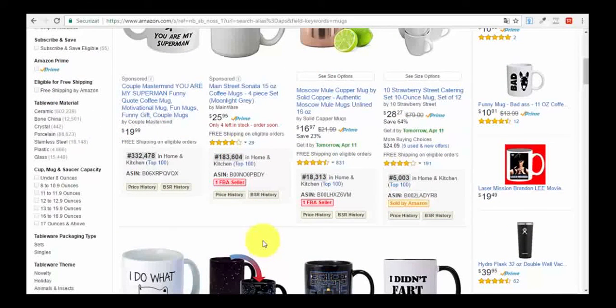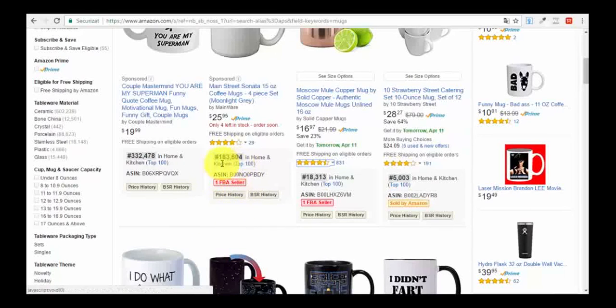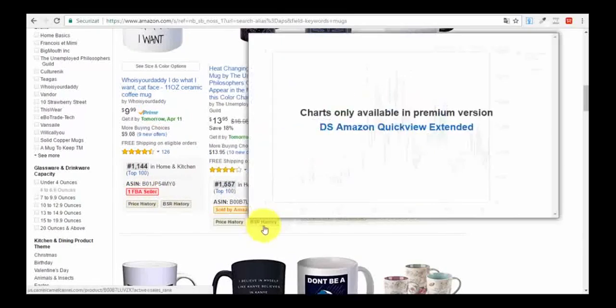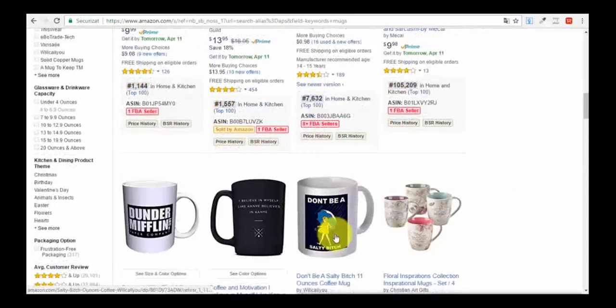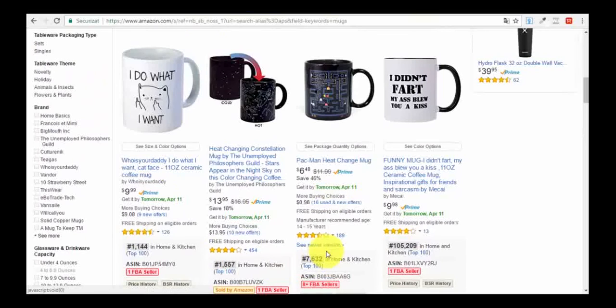And the cool part is, if you look at this mug here, it says FBA seller. So basically this mug is sold by a seller like you. This one the same, the ones where you see FBA seller are sold by someone like you. This one is actually sold by 8 different people. So as you can see, there are many people like you who are selling on Amazon, so it's very easy to do. It's not so hard.